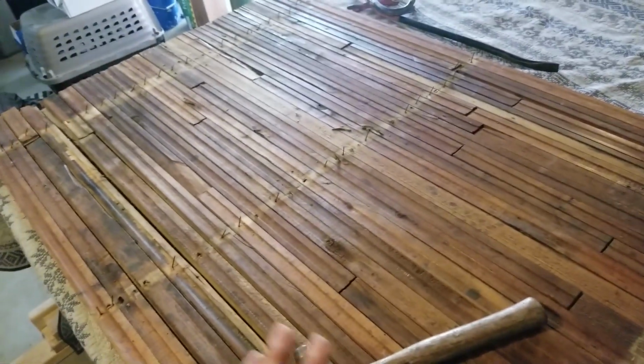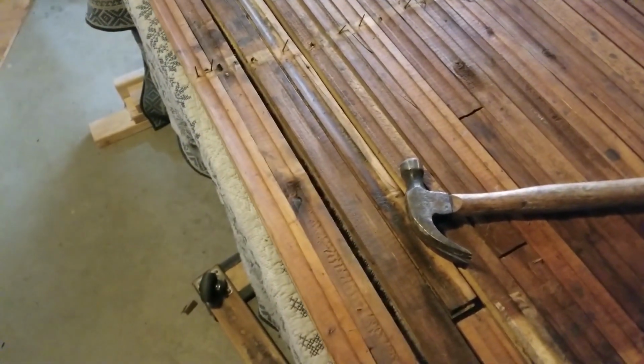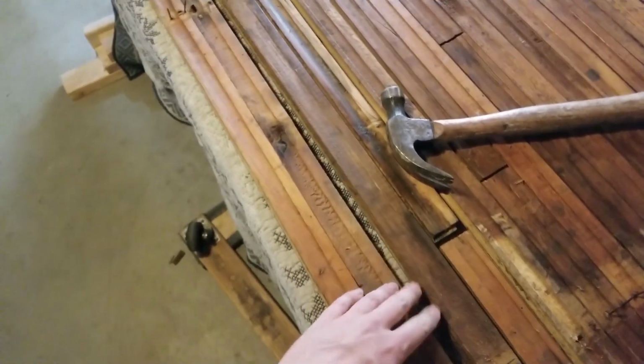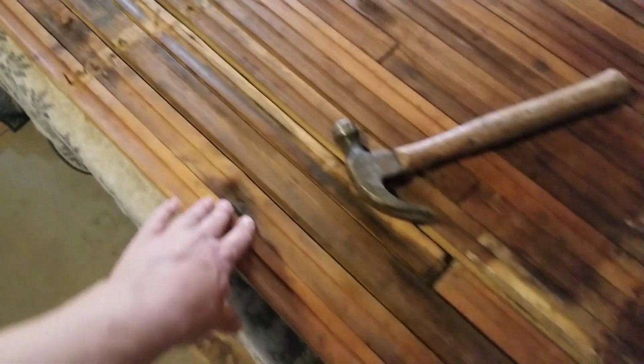Alright, so we got all the supports off. Now all of these boards are pretty much just loose. I'm doing this one-handed, I could probably pull these apart, although these ones look like they're married pretty well. Anyway,